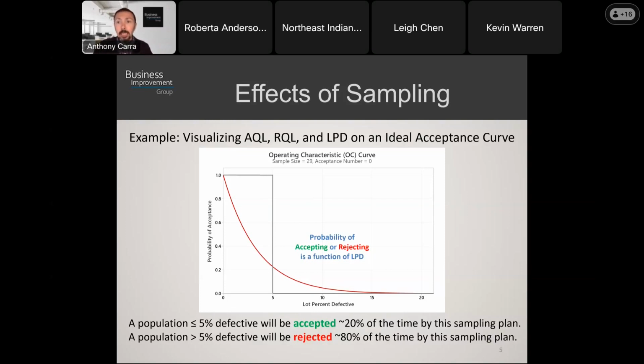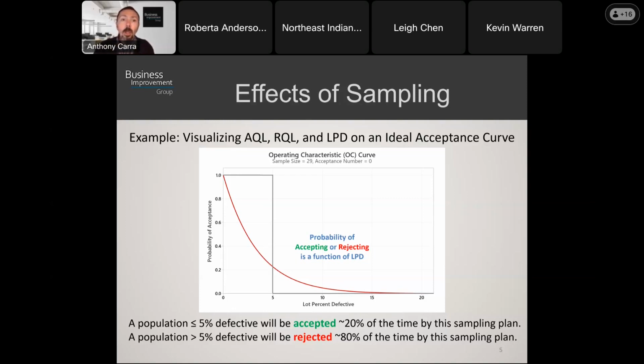I still have the ideal curve on here just to overlay it, but if I were to take a random sample, and in this case it's arbitrary, we're showing n equals 29. I'm going to take 29 samples from the population, and I'm going to accept on 0. What we see now is, instead of that perfect ideal curve with 100% acceptance on one side of the line and 100% rejection on the other,